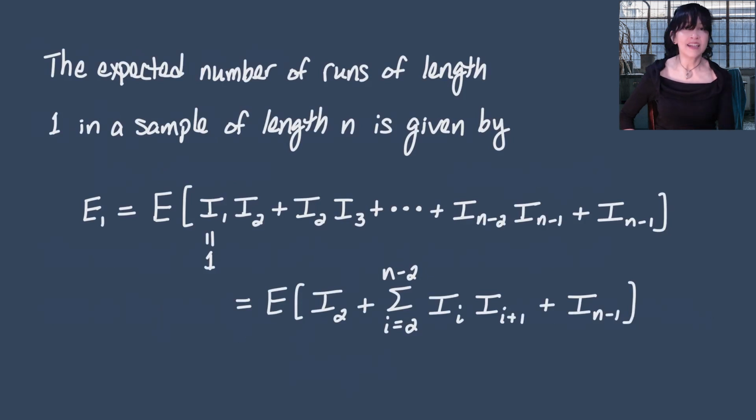We can run the expectation through. We have a nice linear operator here. So this really comes down to, can we find the expected value of each of these indicators? This is back to our original runs up and down test, where we found these expected values where we were